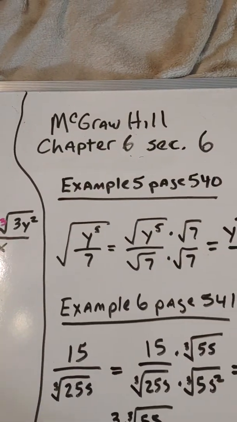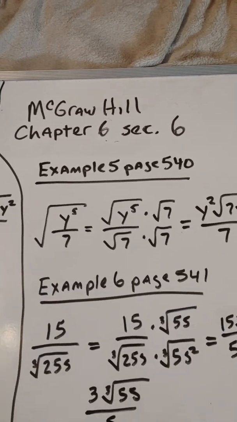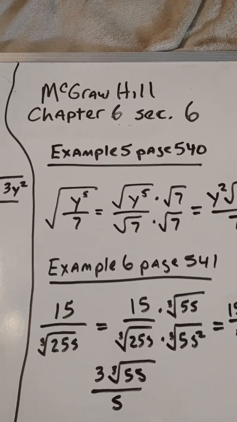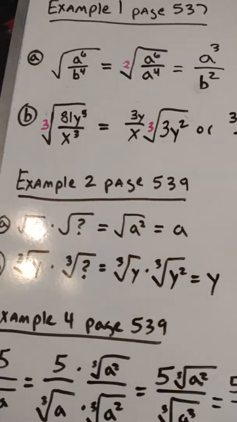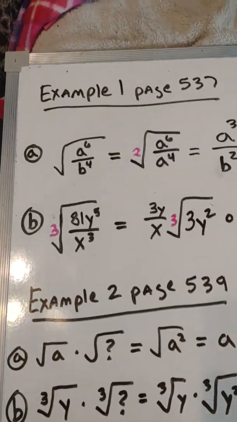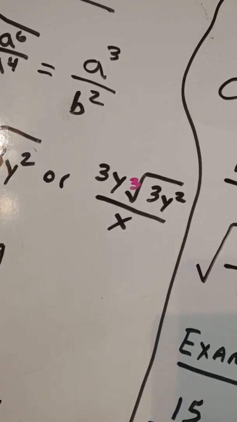Okay, this is McGraw-Hill Chapter 6, Section 6. This deals with simplification of radicals and rationalizing radicals. So here's example 1. First problem we have here is